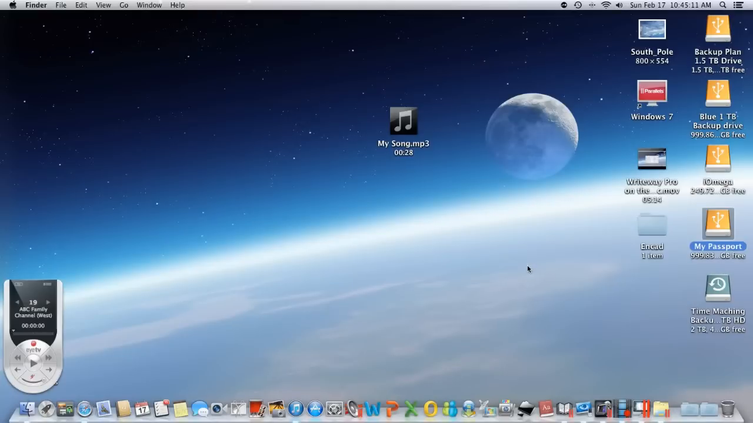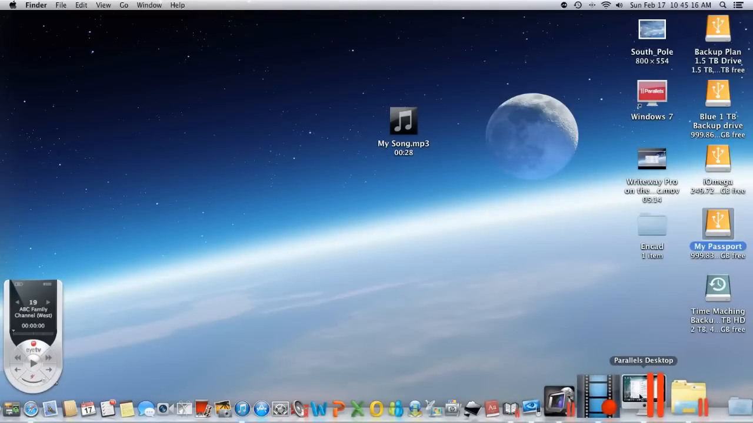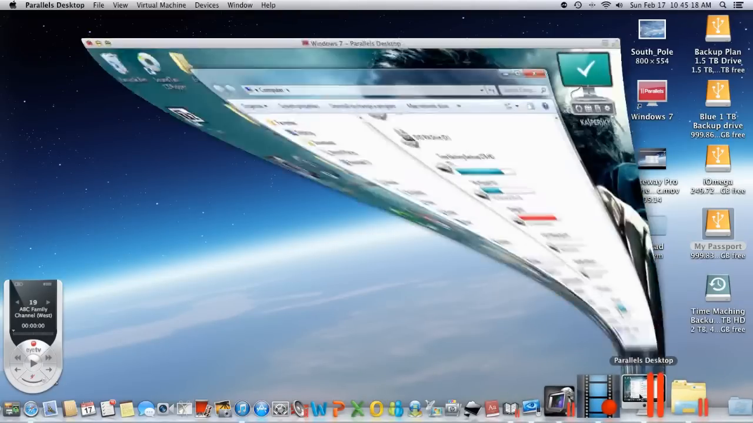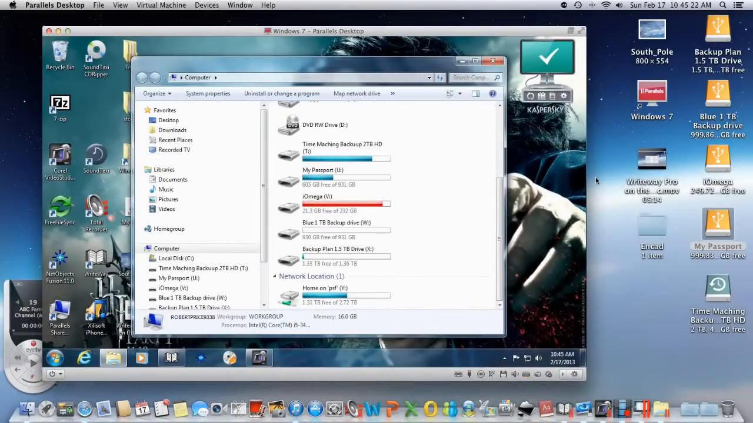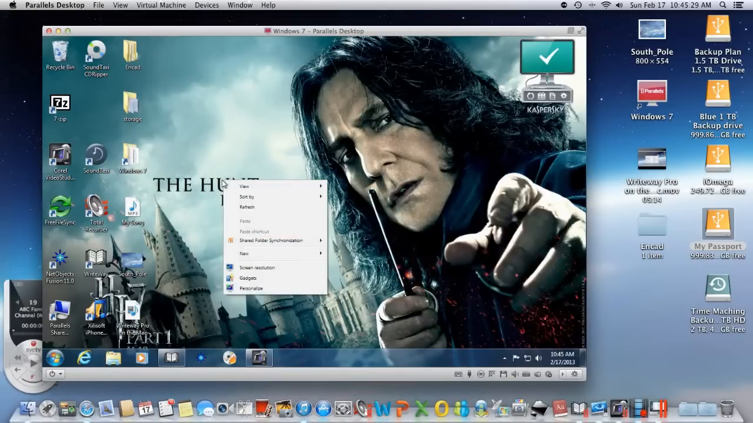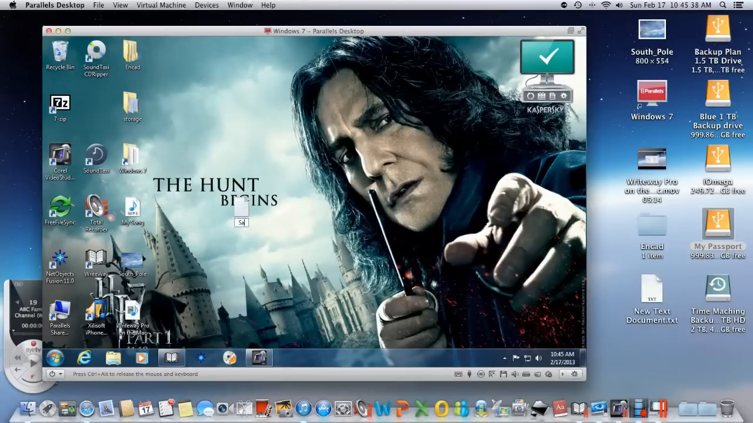Now I switched modes so I'm not in coherence now. So if I go down and I click on this, see how there's a little icon for the PC? This is another way you can work, and you can drag and drop from the PC to the Mac and so forth. I'll show you what I mean. Let's just create a simple file on the PC. We'll just name it